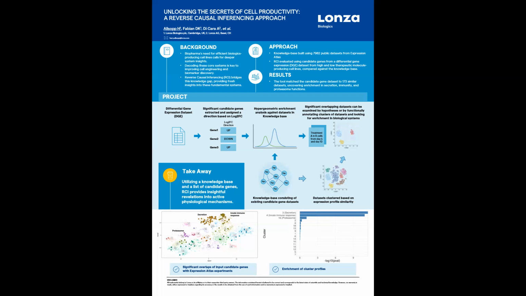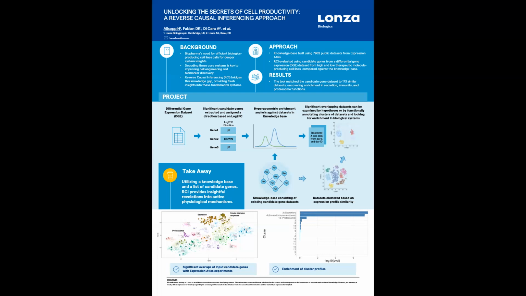So then just to take a look at how RCI works. The input consists of two elements. The first is we take a differential gene expression data set. So on the gene level, it has a fold change and a p-value, and we extract these significant genes based on the p-value and transform them into a quantized state change format. So we assign a directionality based on the fold change, and then we